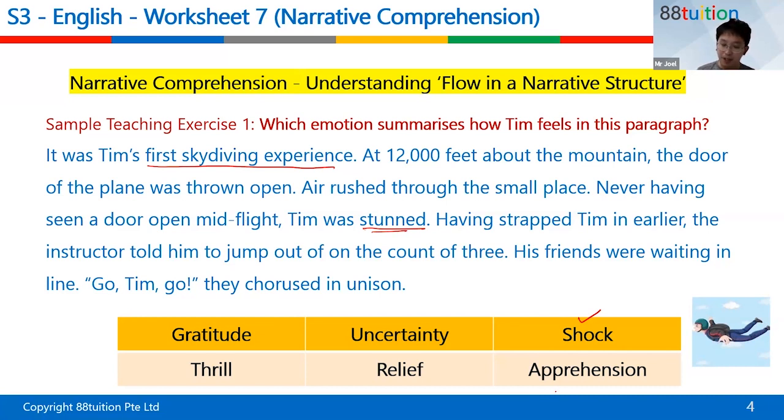Having strapped him in earlier, the instructor told him to jump out of the plane on the count of three. His friends were waiting in line. "Go, team, go!" they chorused in unison. So over here, his friends were egging him on. The instructor told him to jump out on the count of three. He was stunned over here. So was it more of shock being the main emotion, or would it be more of